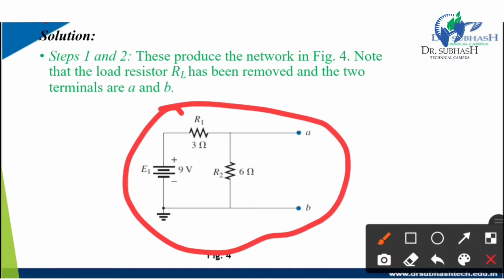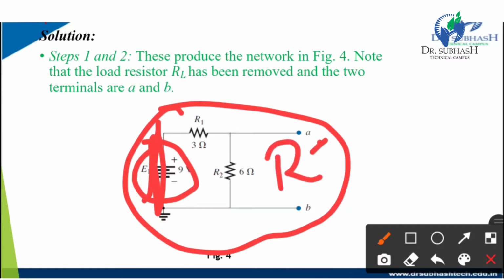So now the next step is we have to replace the voltage source by its equivalent ideal. Here the voltage source we have to short circuit. So directly we will remove the E1, and for finding RTH, what we have to do? We have to remove E1 by short circuit because it is a voltage source. If it is a current source, then we will open circuit it. So the next step is to find RTH.